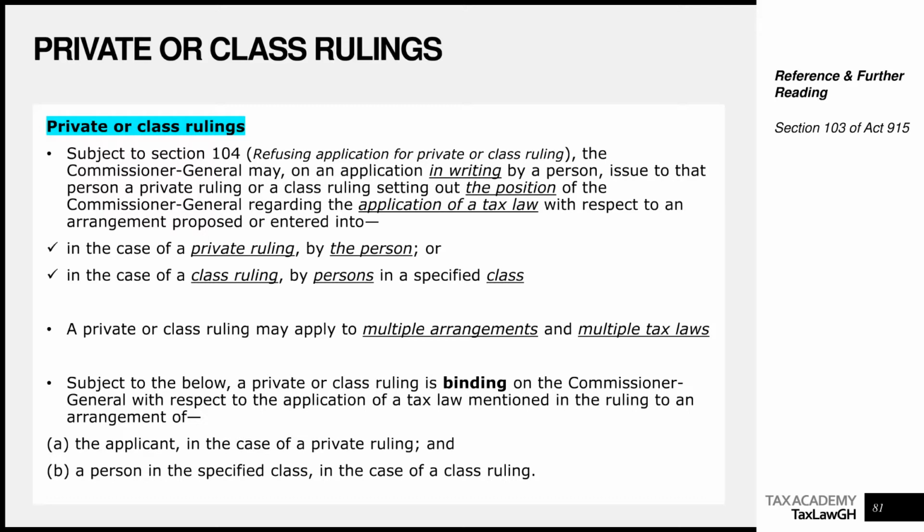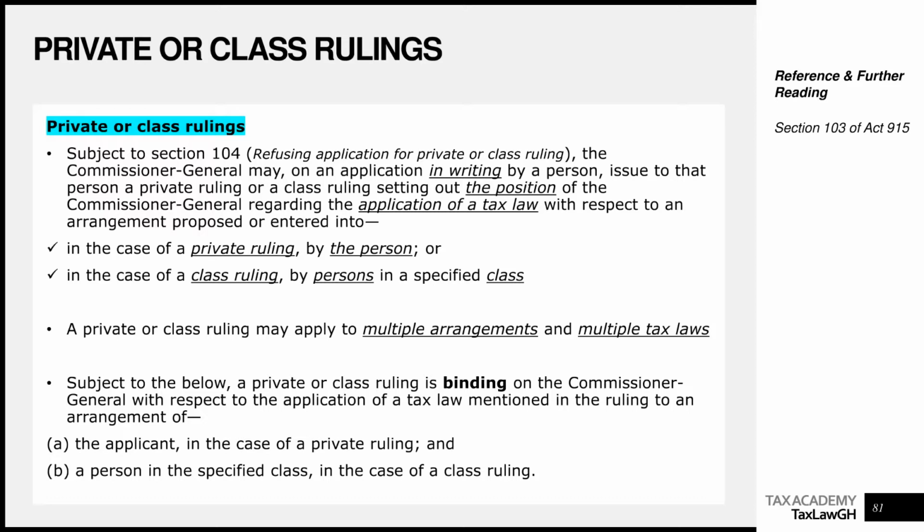The key thing to remember is that, like I said, a practice note is issued by the Commissioner General. Nobody applies for it. For a private ruling or class ruling, you apply to the Commissioner General and ask for his view on something. Let's say you want to undertake a particular transaction and you want to know what his view is. How does he prescribe, or what does he think the law's position is regarding that thing you want to do? Should you apply 10% or 5%? You write to him to ask for his ruling. Then he writes to you telling you what the law says it should be. So take note, private rulings and class rulings are based on your application to him, writing to him for his opinion. Practice notes, he issues them just to educate people on what he thinks it should be.